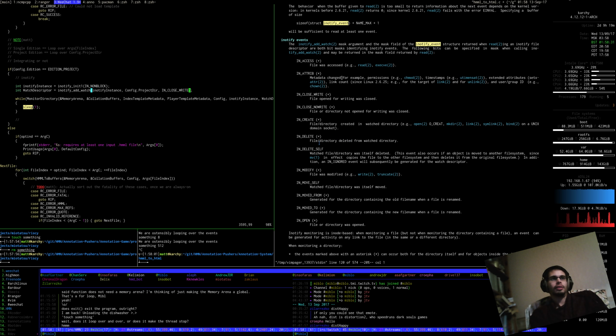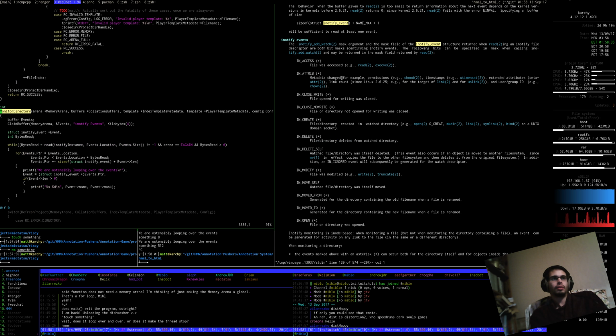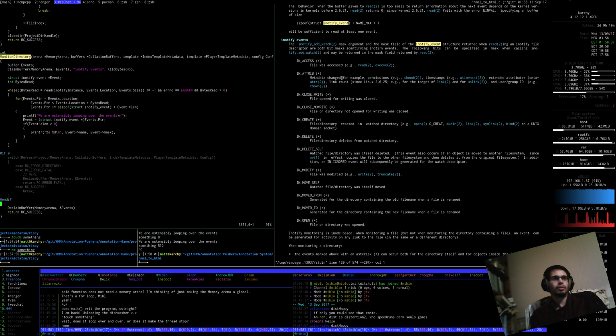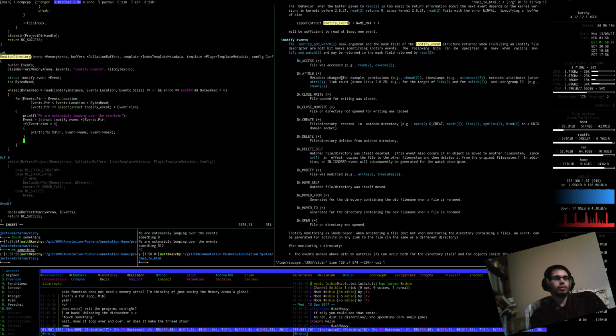Let's do without in delete for now. And let's just see if I can get this masking thing to be correct. Because we figured out it was mask 8. Right, so if the event mask ended with enclose right,